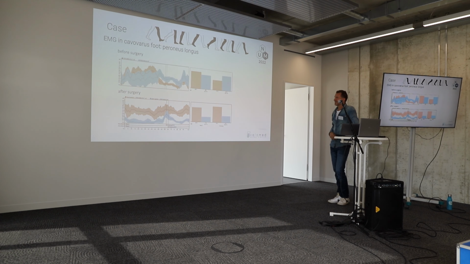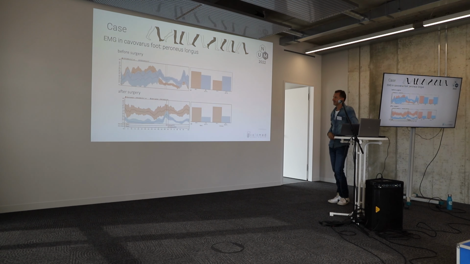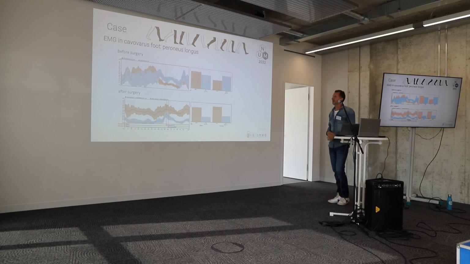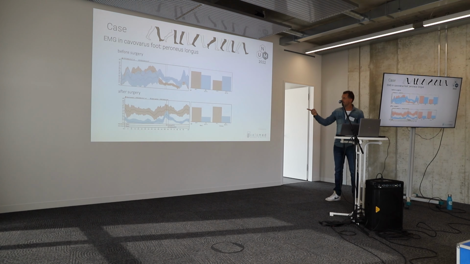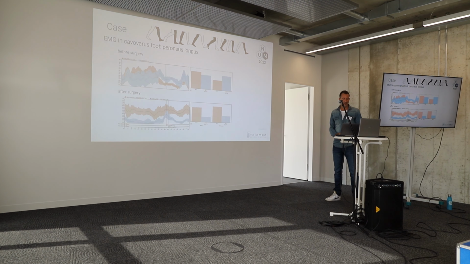So another point which is very interesting, and it creates so many questions also for me, is that the activity, you remember, before the surgery, before the operation, was really pretty high. So was it pretty high? We have no reference ranges, we don't know it, but it was pretty high. Most of all in contrast to the result after surgery. You see the peroneus muscle here, the peroneus longus, had a pretty low activity. Is that good? Was that the result? To give that kind of result to a patient whose only reason to come was lateral ankle instability.